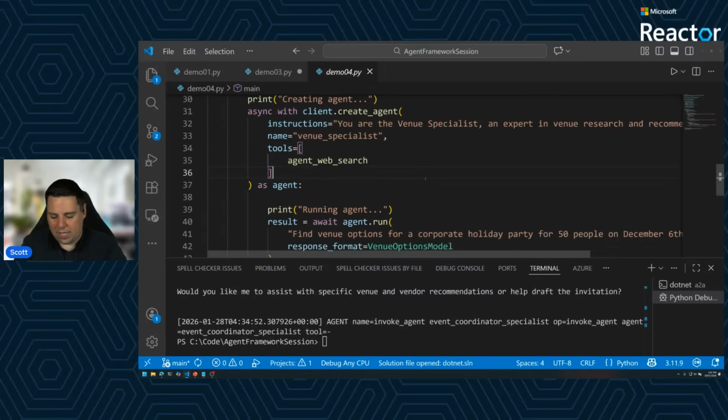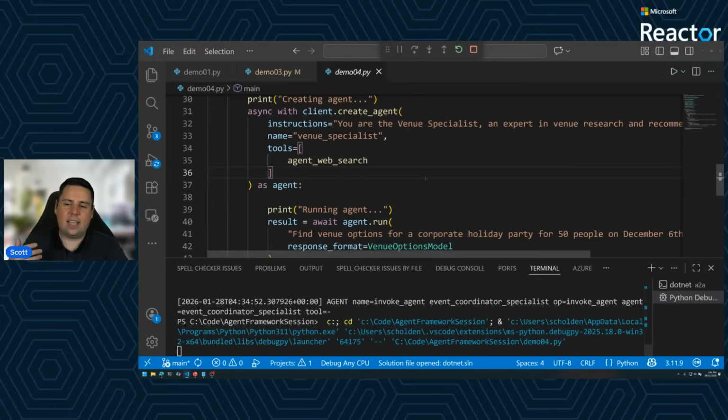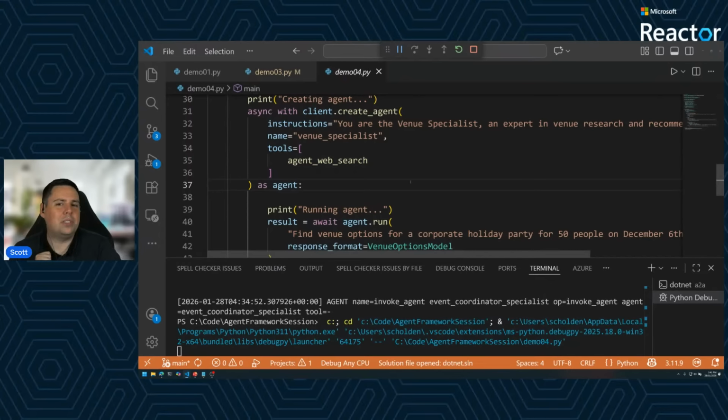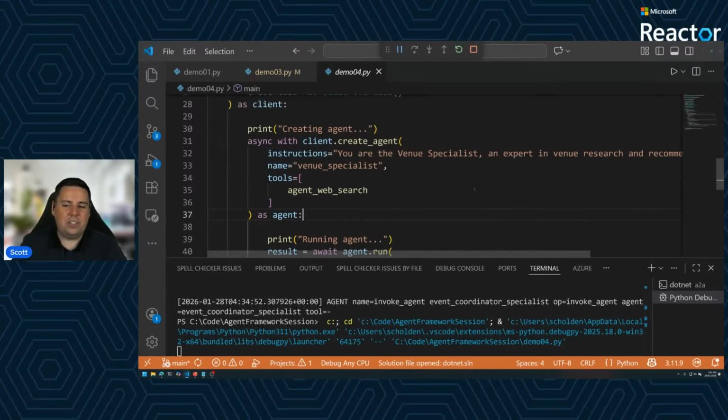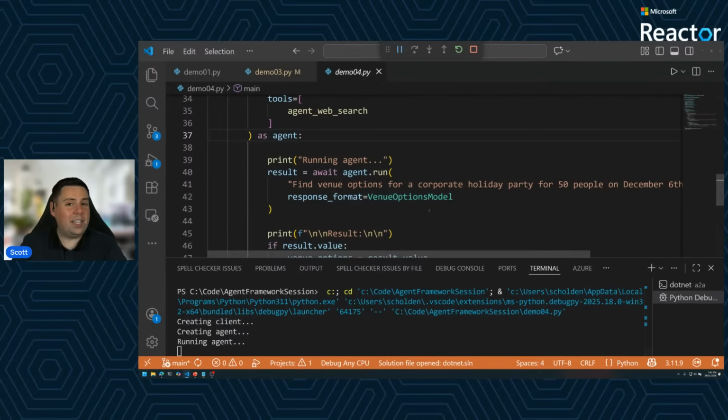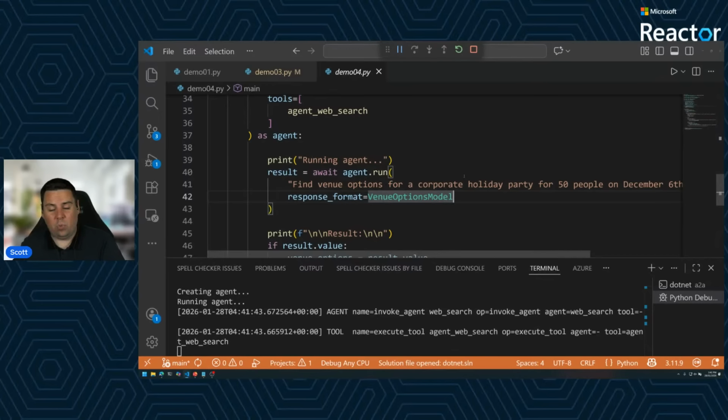But let's scroll down and actually execute this exact same approach again. And you'll see we're still using our web search, slightly different approach that we'll come back to a little bit later on. But we're building our agent, we're passing in our tool, we're running our agent, but we're then saying, hey, I want this as a structured output rather than just text back. But there is one big gotcha that a lot of people miss, especially if they're just used to using the LLM libraries directly. The agent framework actually gives you the ability to be specific. Should it come back with a particular format, or is it optional?